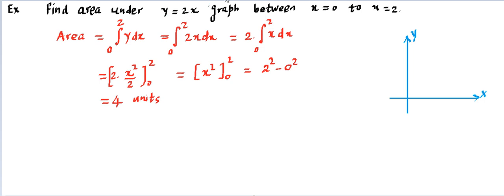It's going to be a straight line, and that straight line has to pass through the origin, and the slope can be calculated as 2. So that's a straight line, and in fact it is going to move like this. So that's going to be our graph. That's the y equals f(x) graph, and here f(x) is given to us, so we can write y is equal to 2x. That graph is there.